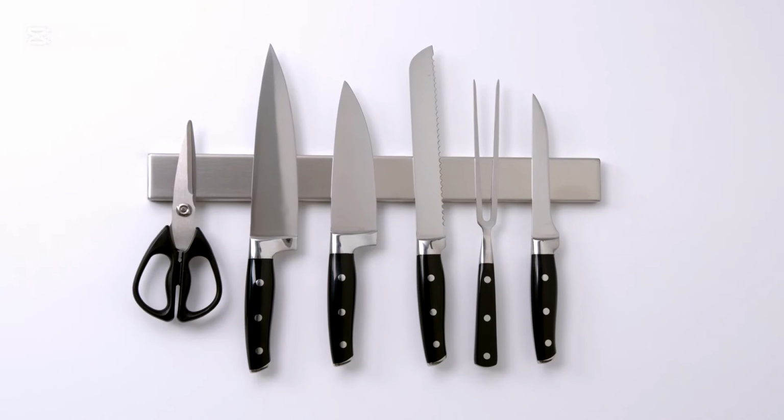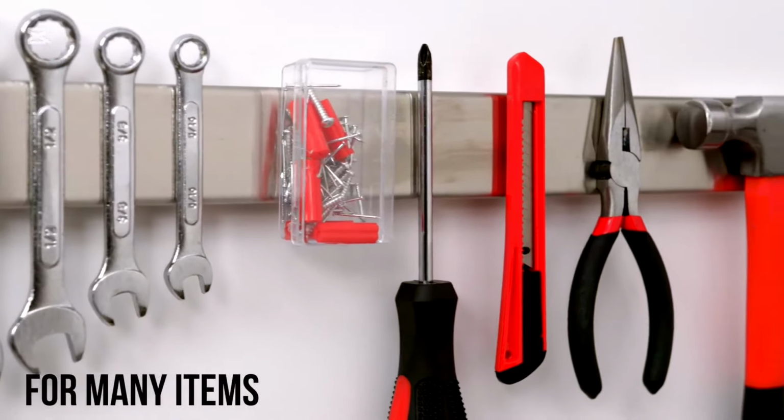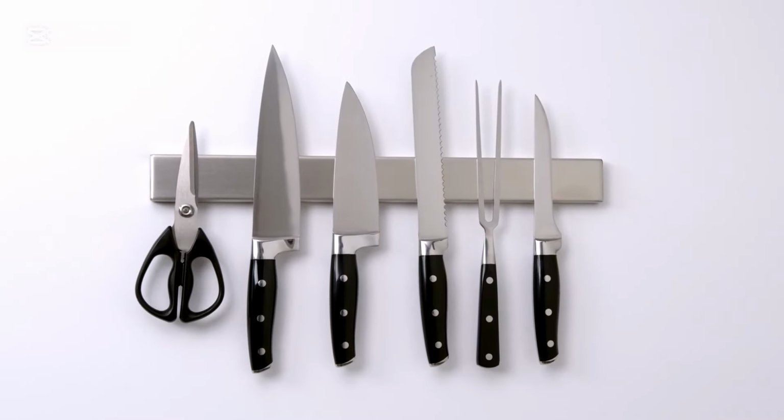It's versatile enough to hold not just knives but also scissors, tools, and other metal kitchen utensils. Whether you're a professional chef or a home cook, this magnetic knife holder offers a safe, convenient, and stylish way